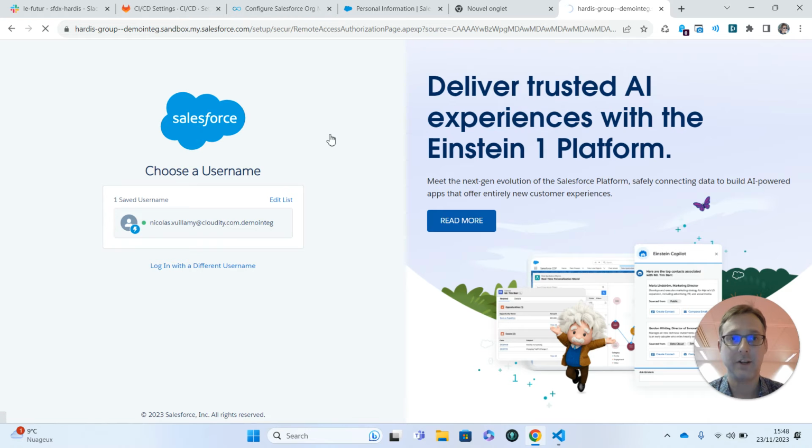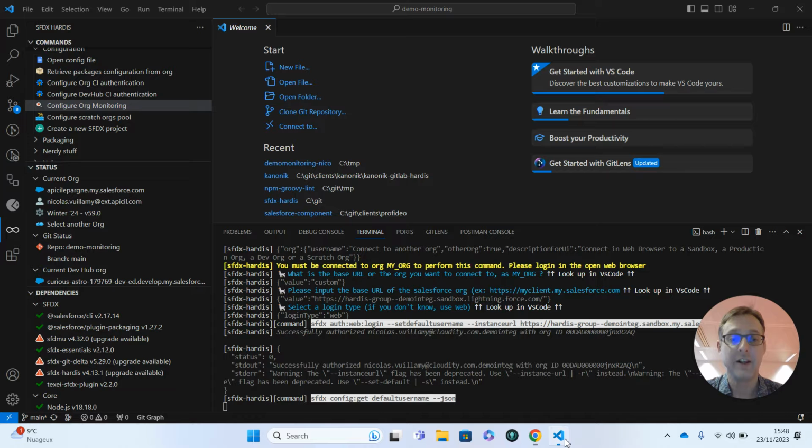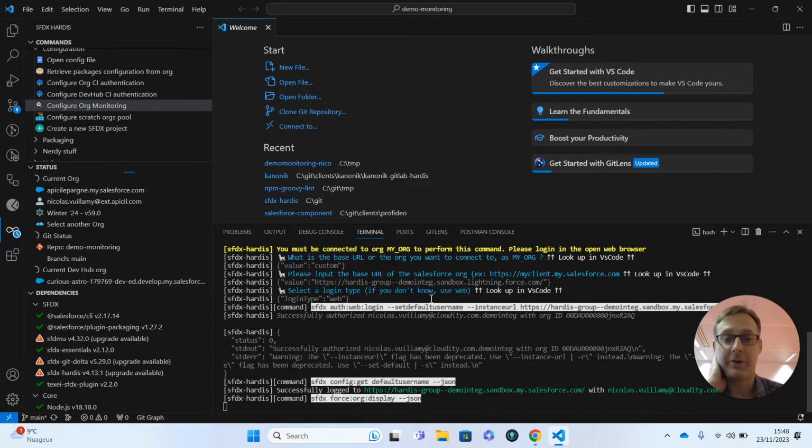And log into the Salesforce org I want to monitor. So it can be any sandbox or production, but it's better to use it on major orgs, like integration, UAT, pre-prod, production. So then you go back to Visual Studio Code and the command will continue.